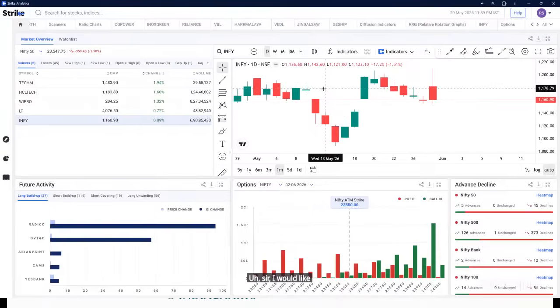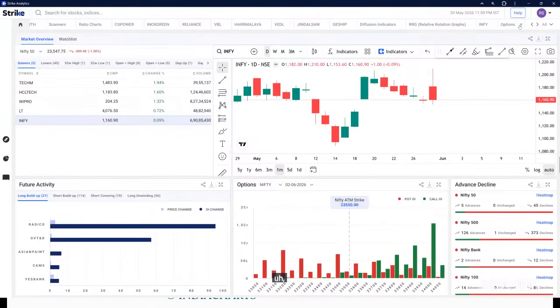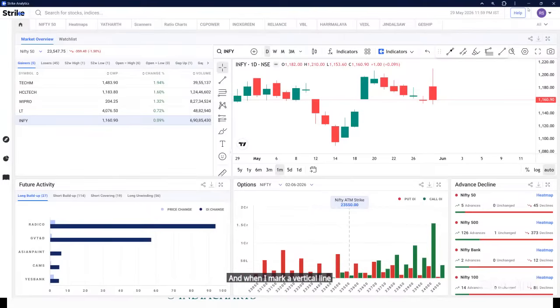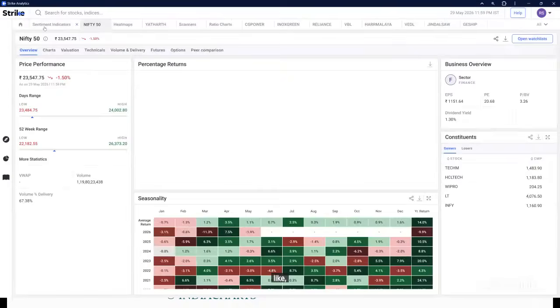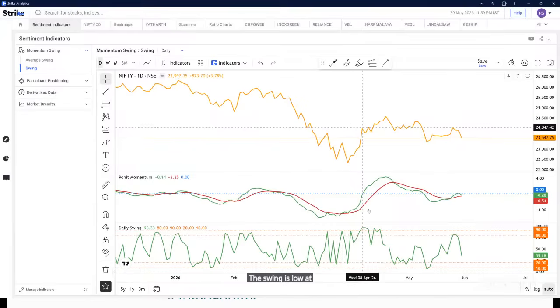Sir, I would like to understand a little bit the option setup. Sir, if you don't mind, can I take you to momentum swing indicator? Sir, in that I was checking, like in month of April, 20th April on weekly, the RMI indicator gives a buy signal. And when I mark a vertical line and then I check the daily chart, like on 24th of April, the swing is low at near to 20